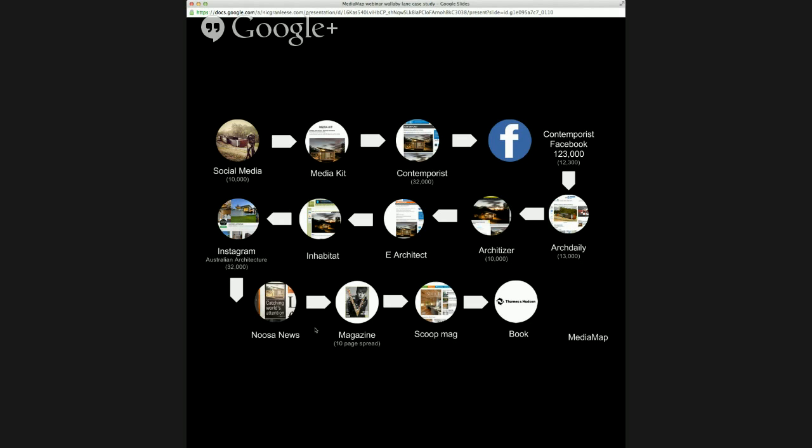I think it's going to be somewhere between 4 to 10 pages. And this is interesting because most people would say that a magazine wouldn't want to publish this project. But in reality, the project has already been tested in other media to be popular. So it's actually a really good thing for a magazine to use.